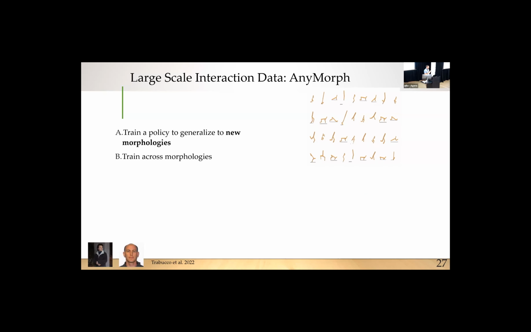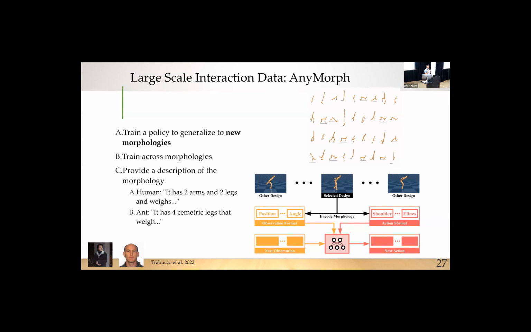We're going to learn, via some large scale interaction, how to train one single policy that basically figures out how to control all of these different morphologies in the simulation. And we don't need to provide much information to tell it what the morphology is. So from here, we're basically going to use a transformer model, and we construct it such that you can send in a bit of information to the model, which is a really rough approximation of a description of the actual robot. Something as simple as, it has two arms, it has two legs. That's all the information you need to know. Now you can go perform the task.